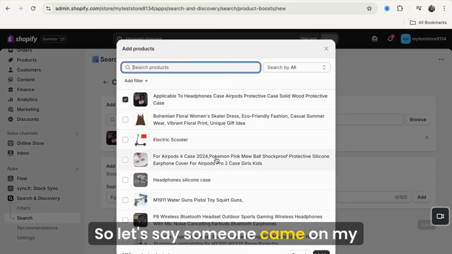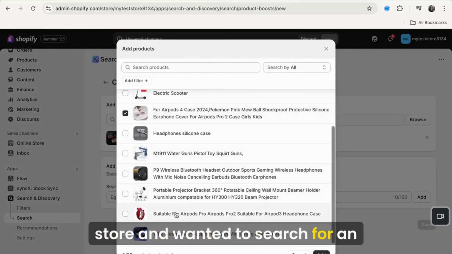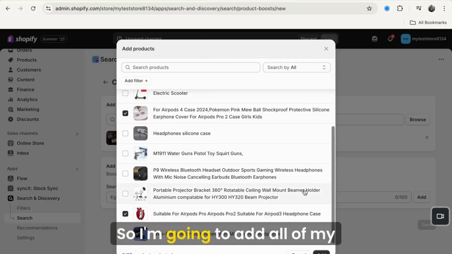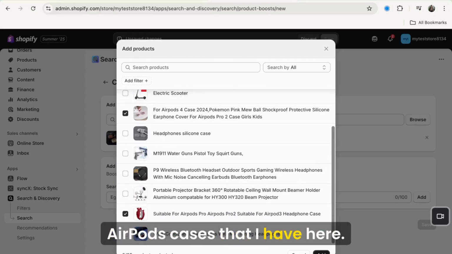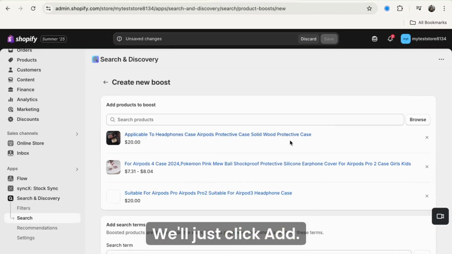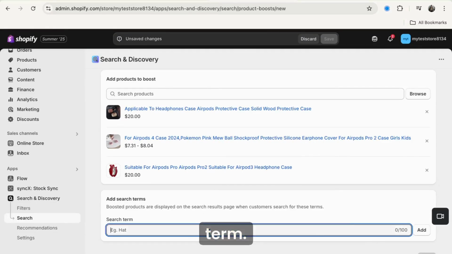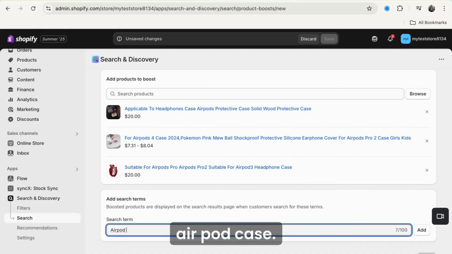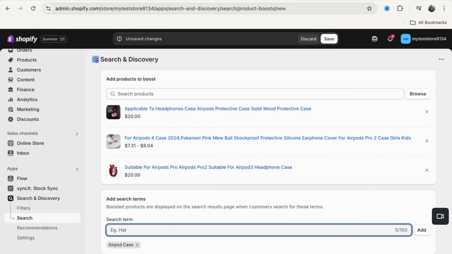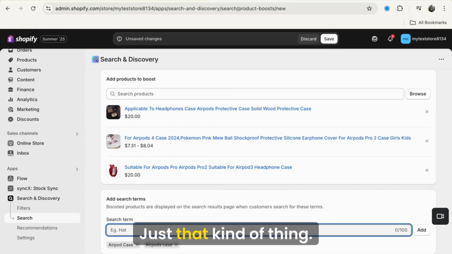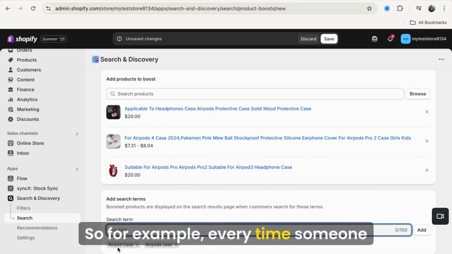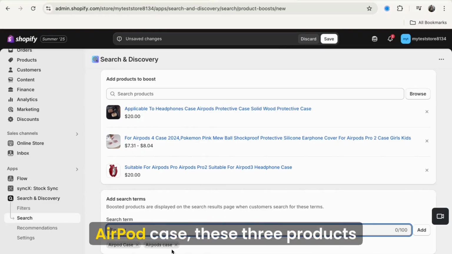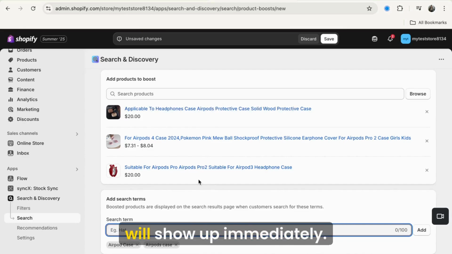So let's say someone came on my store and wanted to search for an AirPods case. So I'm going to add all of my AirPods cases that I have here. We'll just click add. So now we're going to add the search term. So here you can just put AirPod case, AirPods case, just that kind of thing. So for example, every time someone types in either AirPod case or AirPods case, these 3 products will show up